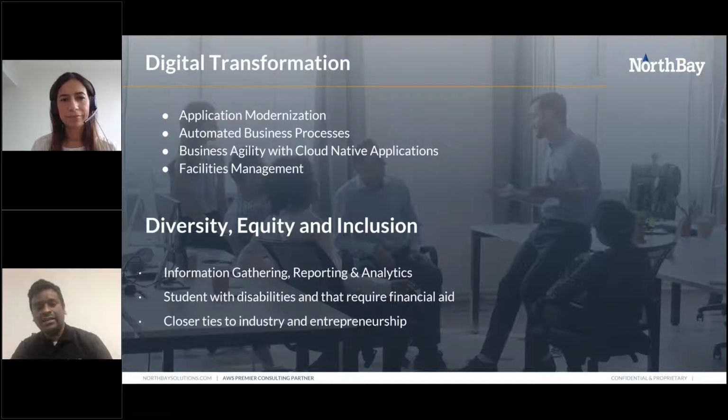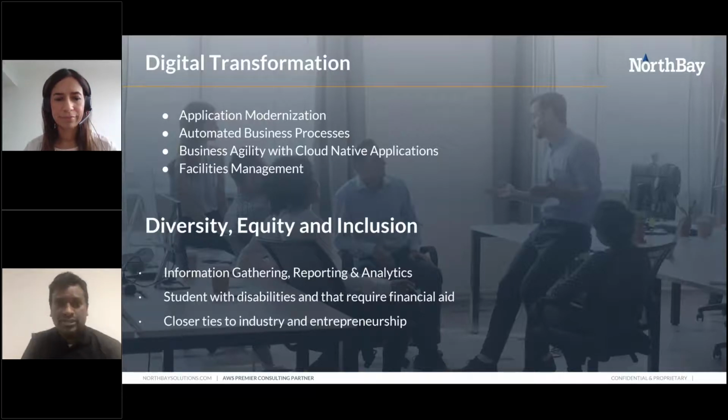The key idea here is, how do you capture enough information from your different systems, because there is a lot of focus on different funding that are available. So there is a focus on gender equality. There is a focus on minorities inclusion. There is a focus on international students across the globe. So how do you capture all this information?